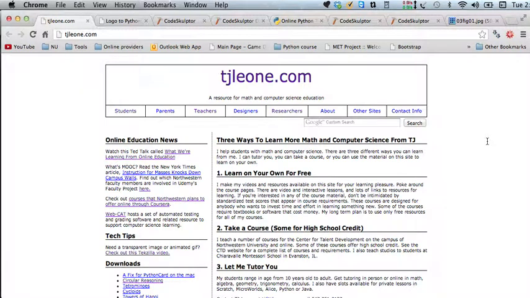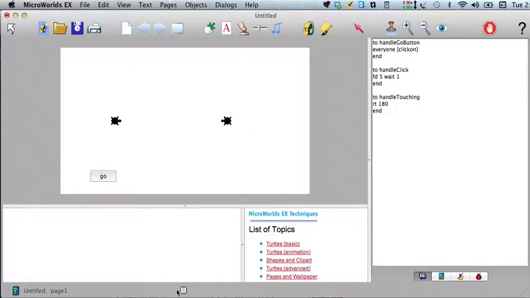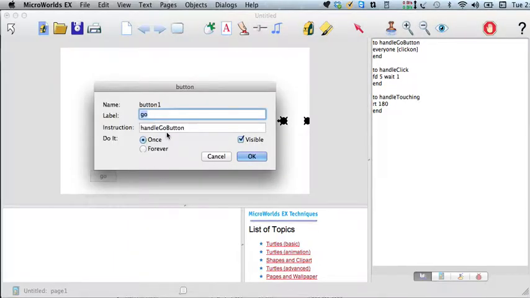Alright, so in the last video we started talking about the program structure of a game, and we looked at Microworlds, and we saw the basic things we need to do were create the objects, write the helper and event handlers, add the objects to the window, and then we had to register the event handlers by putting them either in the instruction slot in the button,